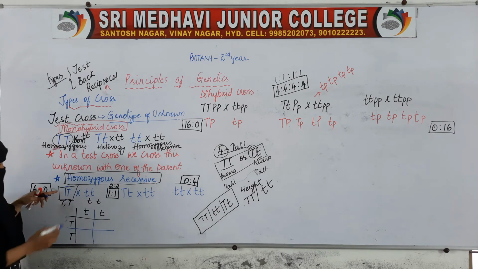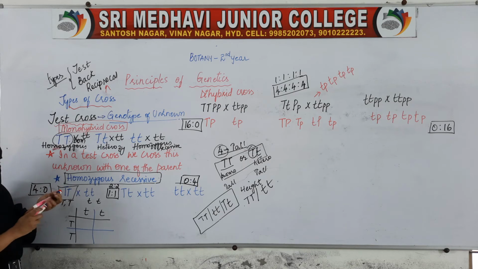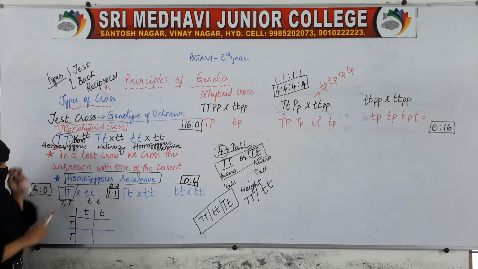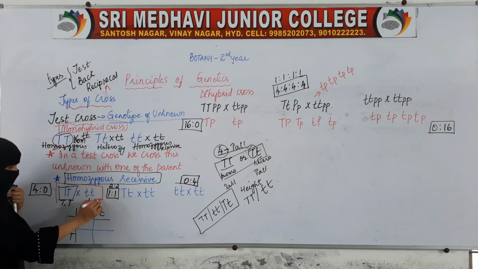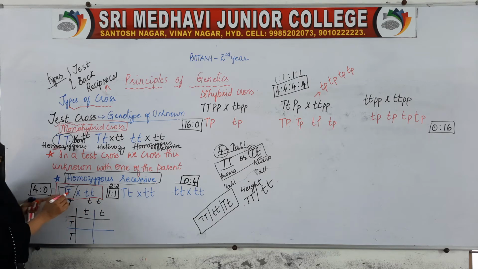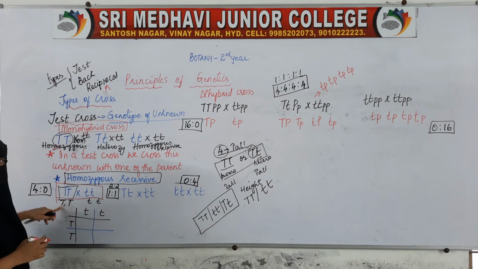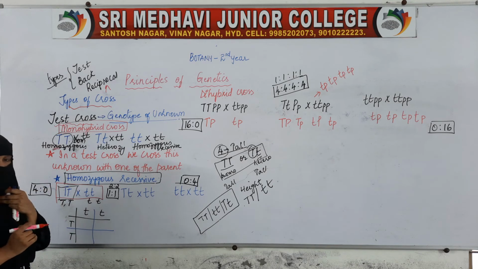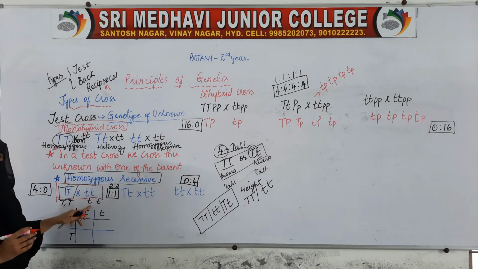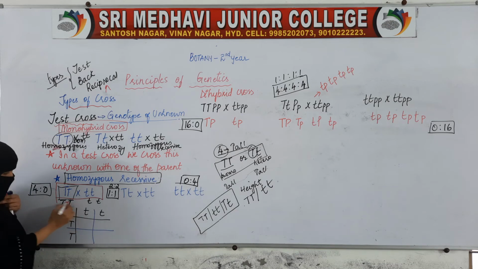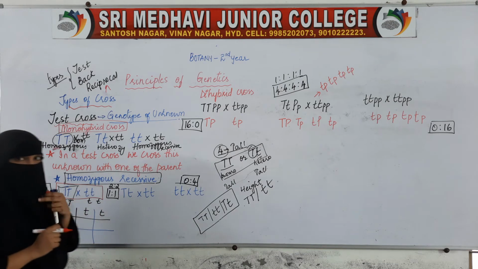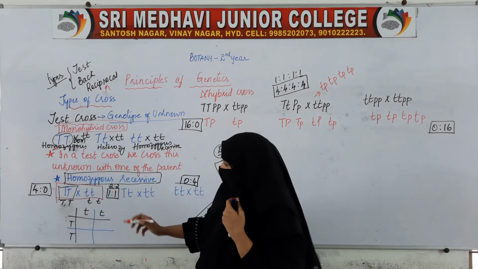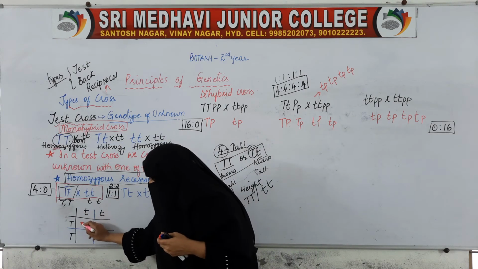We are doing it for this one now. For both the capital T, the gametes will be two capital T's, and for both small t's, the gametes will be two small t's. During the gamete formation, the alleles will segregate. So we get this and this. We have done this in Punnett squares, we have already seen it. Now here, we get this one.